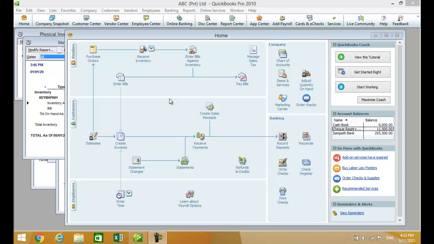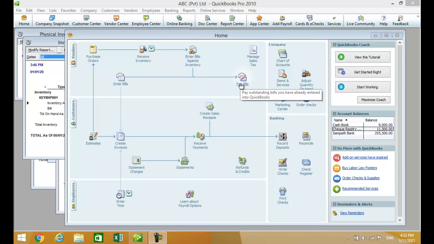The next topic is we are going to see how to pay suppliers' outstanding bills through QuickBooks. This will explain how to enter our payments to our supplier. Okay, we'll see how to do that. From this main menu, there are options, and the Pay Bills button is available.